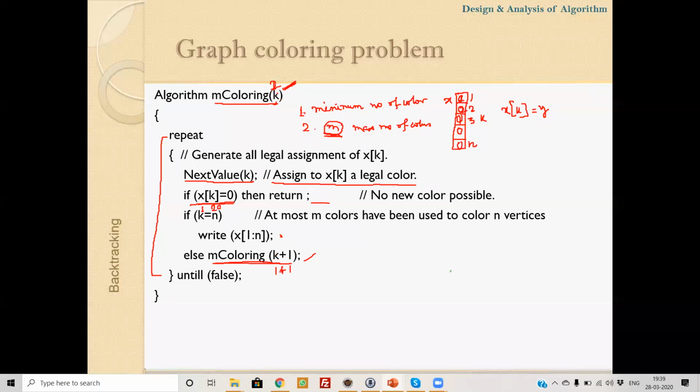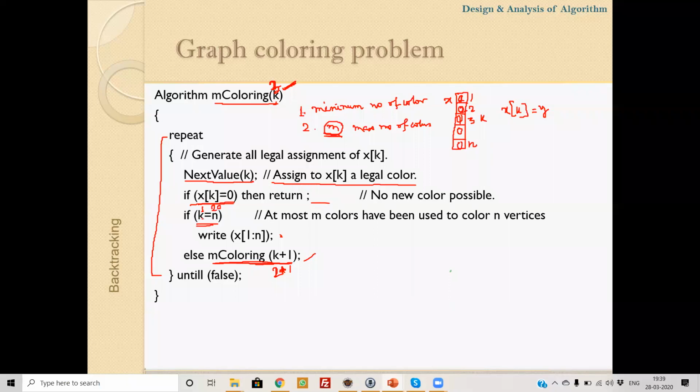If we successfully assign a color to vertex 2, then again from this function, next vertex colored, the current value of k equals to 2, so 2 plus 1 equals to 3. So in the next recursive call, the value of k equals to 3, we are trying to apply a color to vertex 3. In this way, this recursive function will be executed until k equals to n.